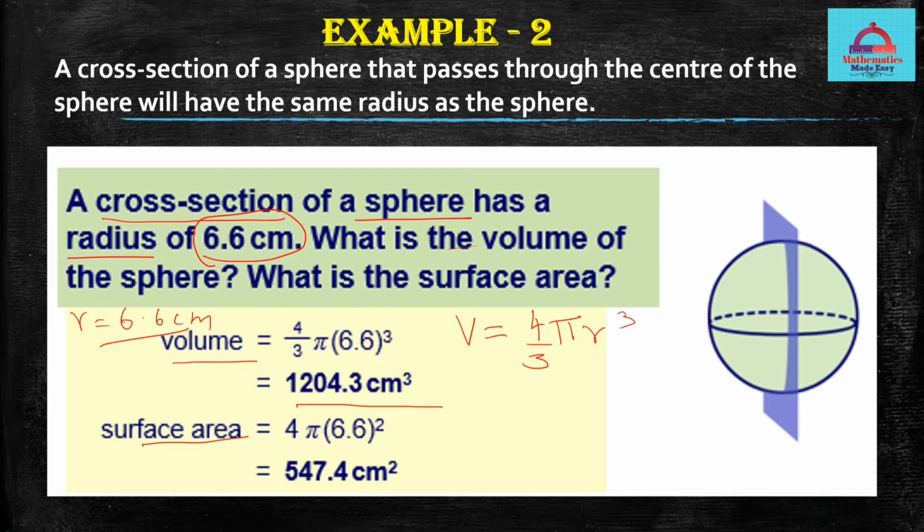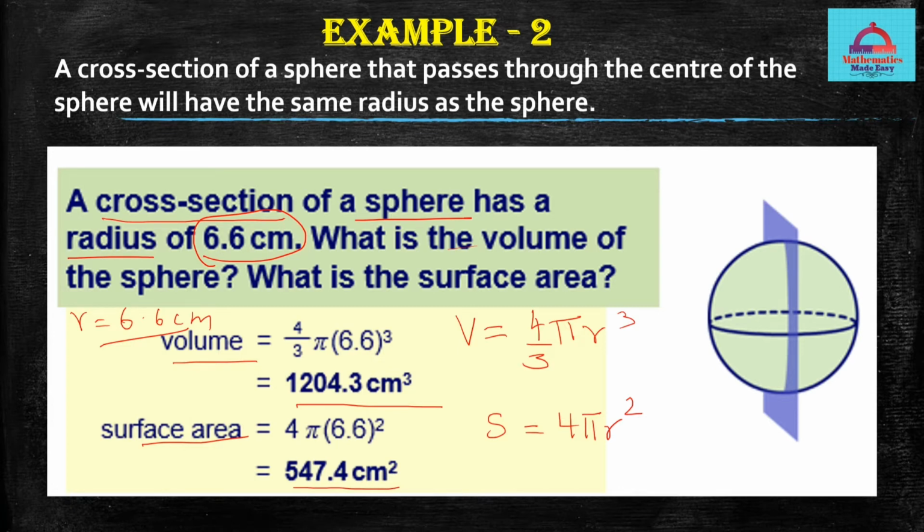Let's calculate the surface area, and we go back to the formula of key concept 1, which is S equal to 4 pi r square. We know everything now. Radius is given, pi is 3.14. Simplify, do the calculation, and it will come out to be